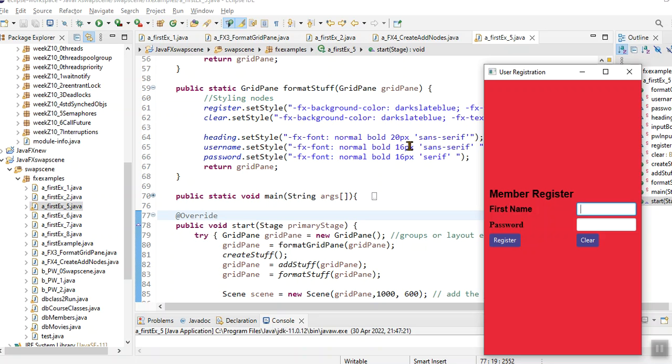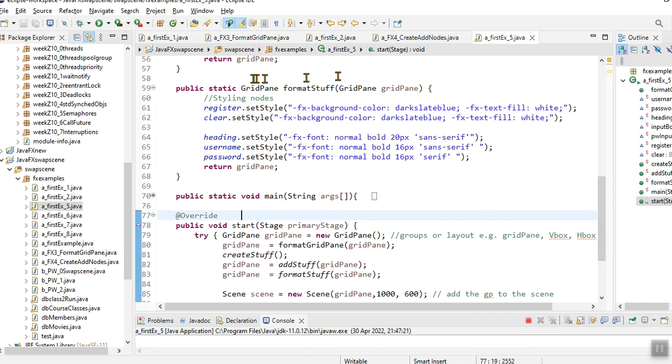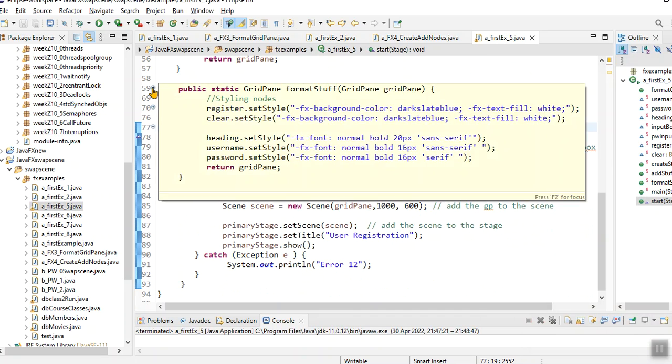This is sans serif, and then the other two is sans serif, and here I've got a serif font. So that serif it looks like that, and the sans serif looks like that. Okay, so here I changed that, it's also bold. So that is the formatting that I've put onto the grid pane. And when I close that, and I can collapse my